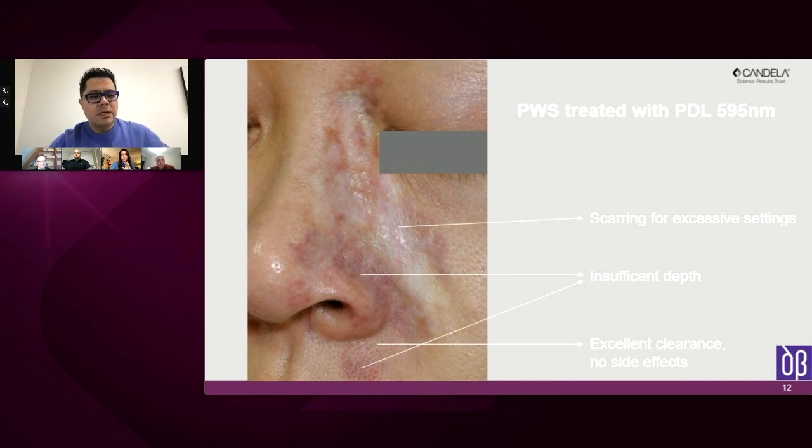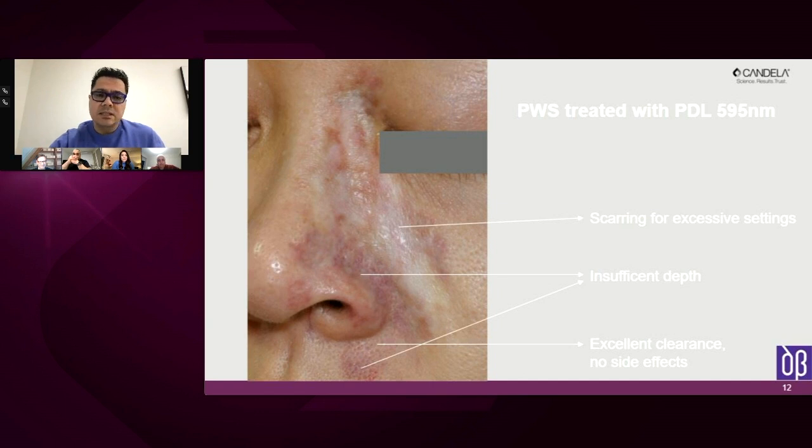So here you see precisely a capillary malformation treated with just one single wavelength. And we see some areas where the response was excellent and they had complete clearance, but some of them did not reach enough depth, so the lesion was insufficiently treated.